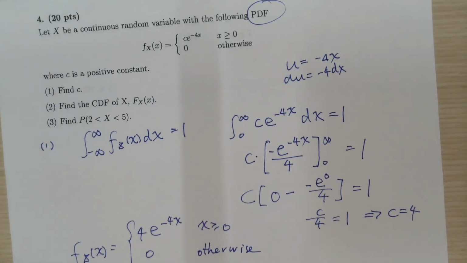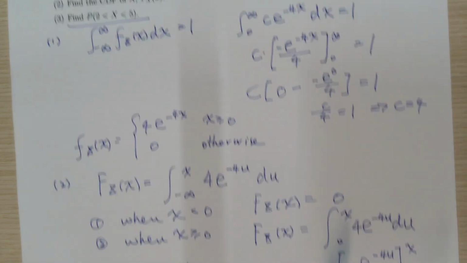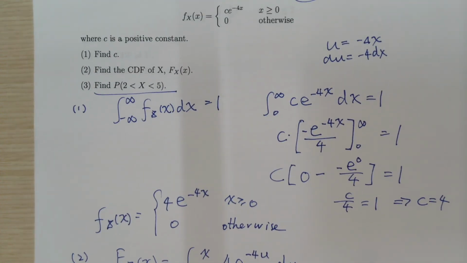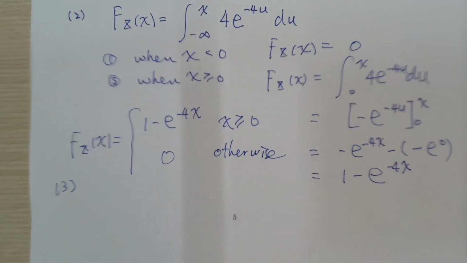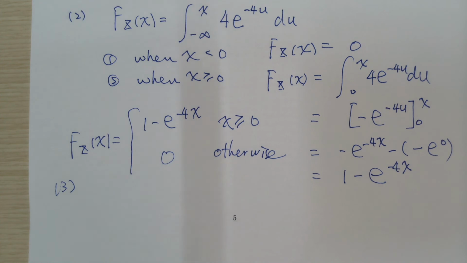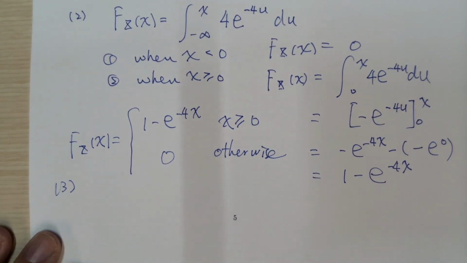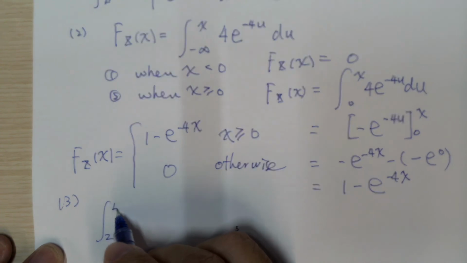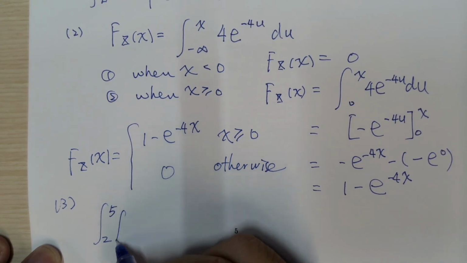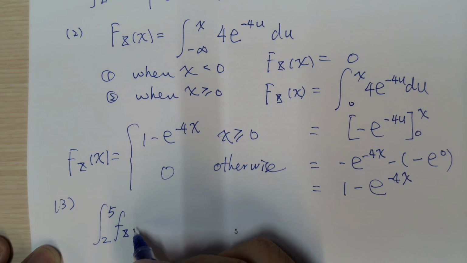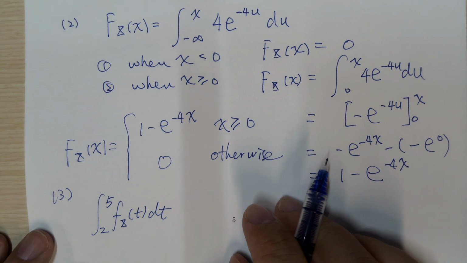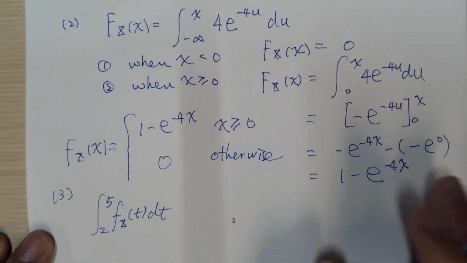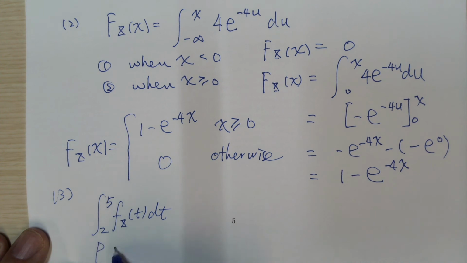Part 3 asks us to figure out the probability that x is between 2 and 5. For this question, you have 2 ways to handle it. The first one, you can set up the integral from 2 to 5 of the PDF, and you can derive that part. Or we can use, x is greater than 2 and less than 5,